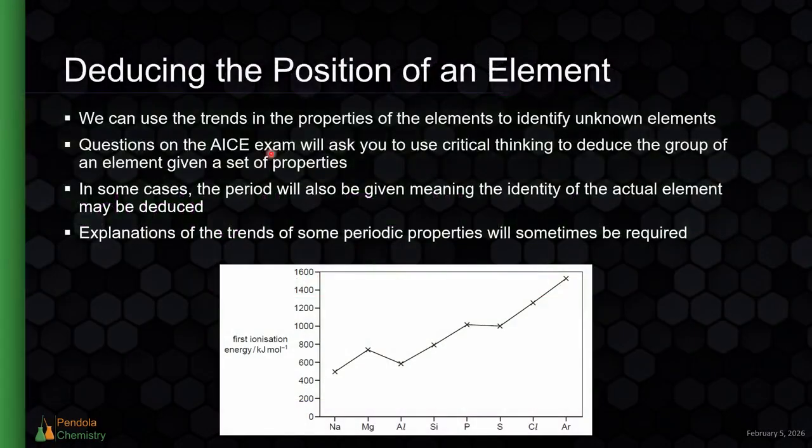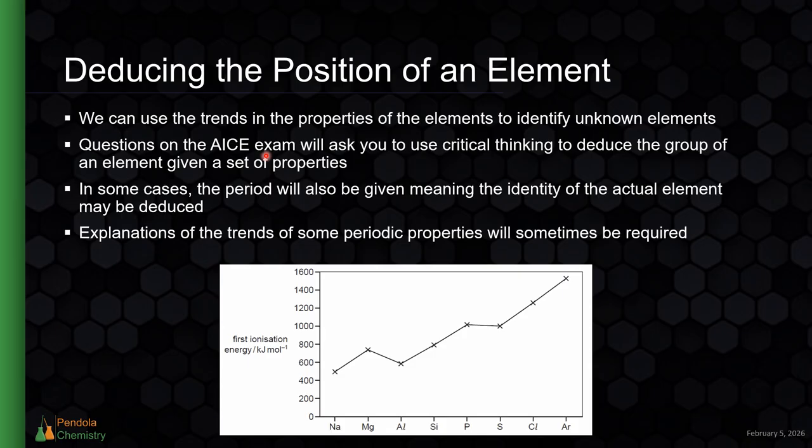So let's start here. Now, deducing the position of an element is an ability that you should really have if you want to get an A or a B in the AICE exam, because it's something that you're definitely going to encounter, not just with this chapter, but with all of the chapters in inorganic chemistry, so 10 through 13. We can use the trends that we learn both in physical properties, but also in chemical properties to identify unknown elements. This happens a lot, not just in paper 2, but also in paper 1